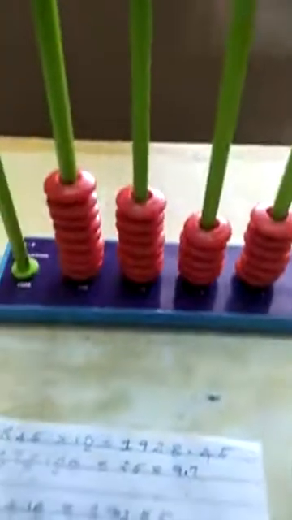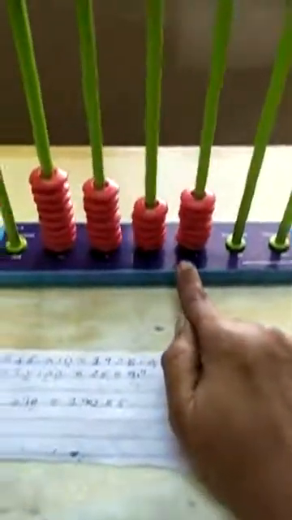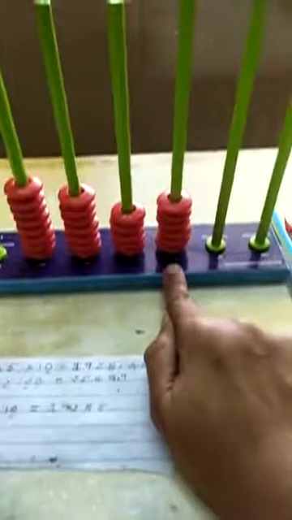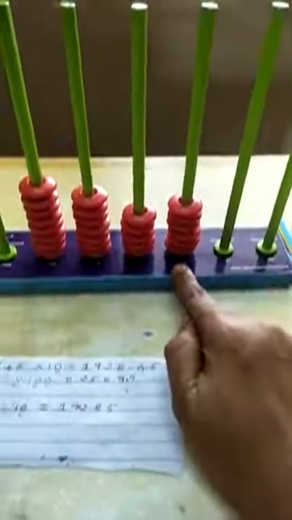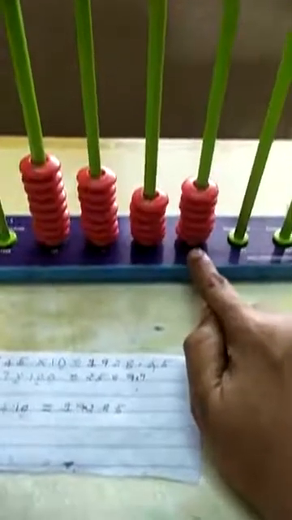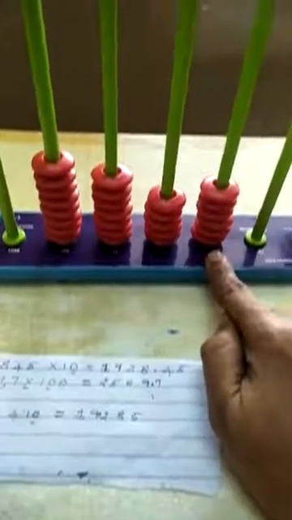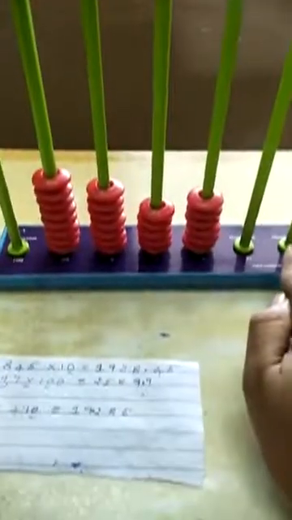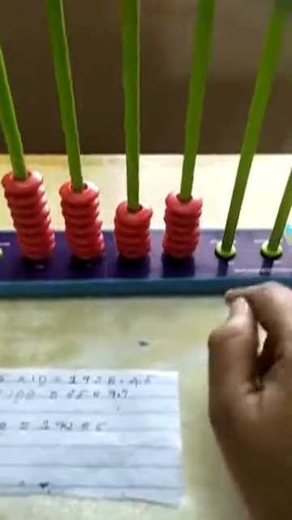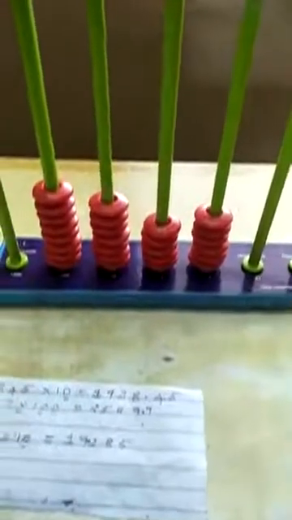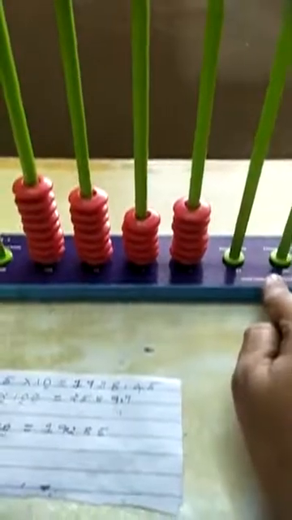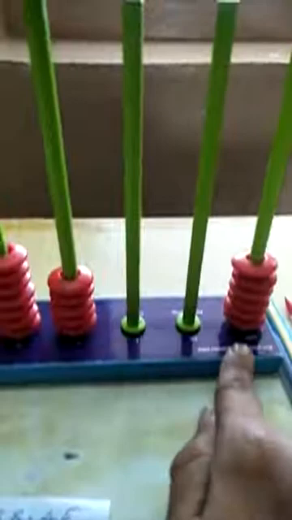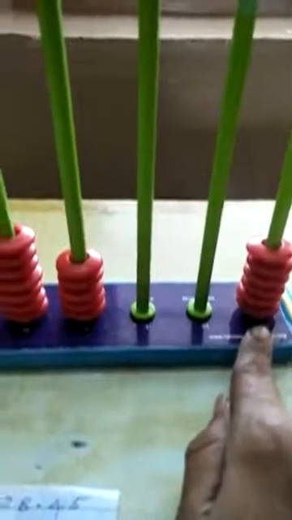We need to give, here, 100, so I give towards right 2 places. So the tenths place 6 beads, it comes to where, in the thousandths place, children. Likewise, we give for each and every place value, replacing 2 places towards right. So after 2 places right, you get in the thousandths place 6 beads.